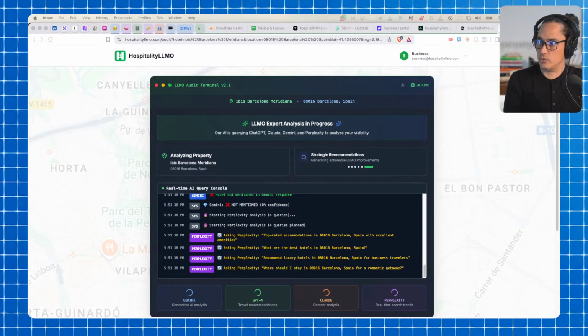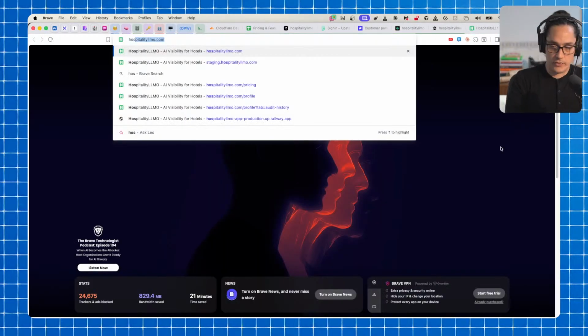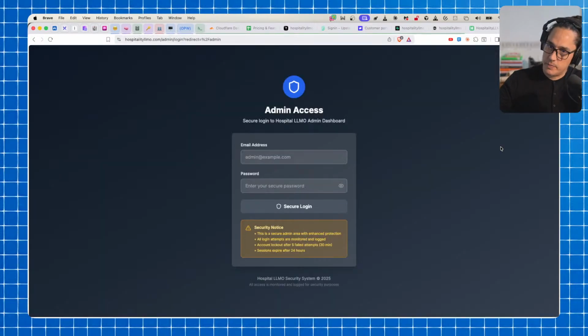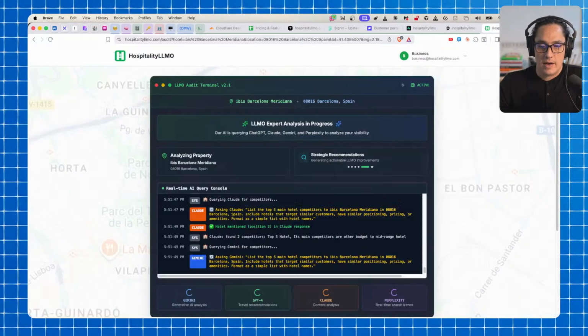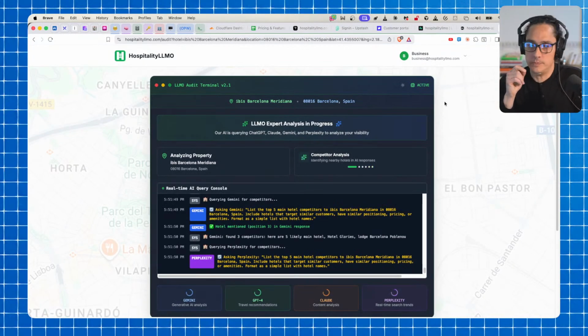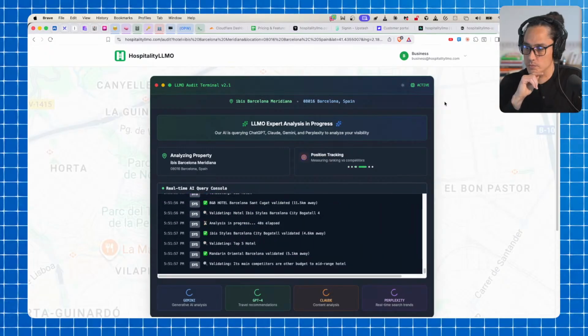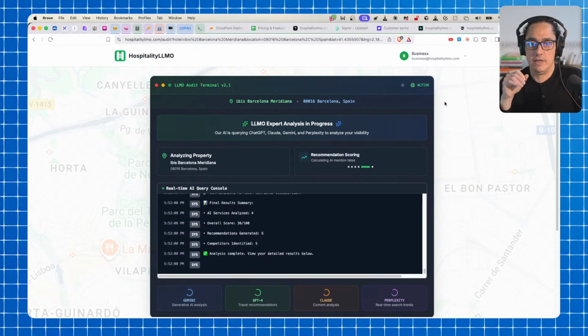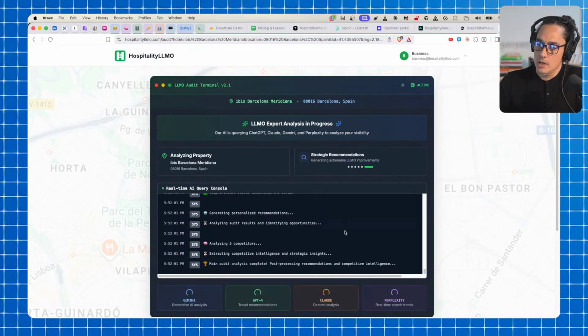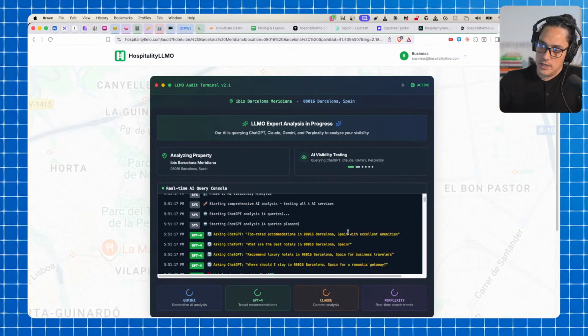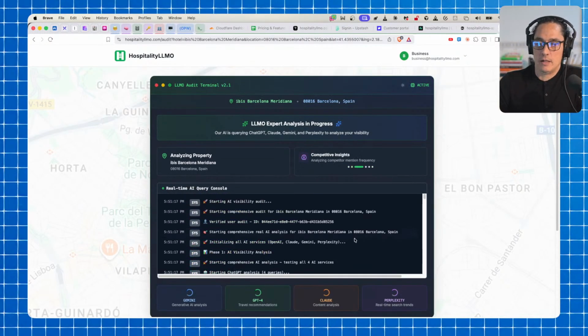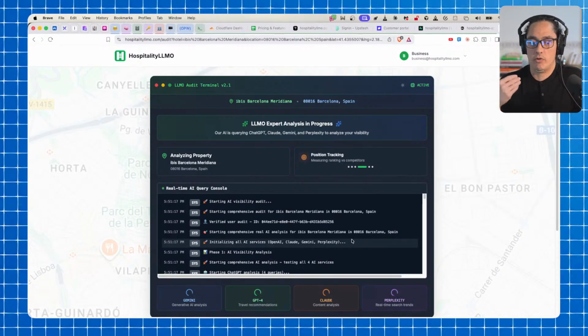Let me also make sure this is something we're going to incorporate down the road, but there is an admin section. Good. I did encrypt that with an admin user and login. But that's where I'm going to go in and eventually have white label options where, and also, I think version 2 of this app, it's going to first analyze the hotel, what type of hotel it is, what type of hotel it'd like to be known as, or maybe give the user options to do that. That way,